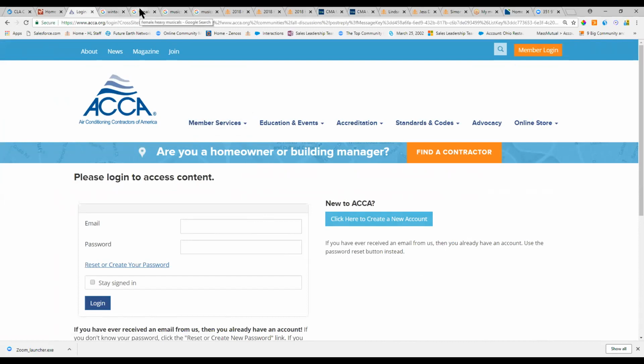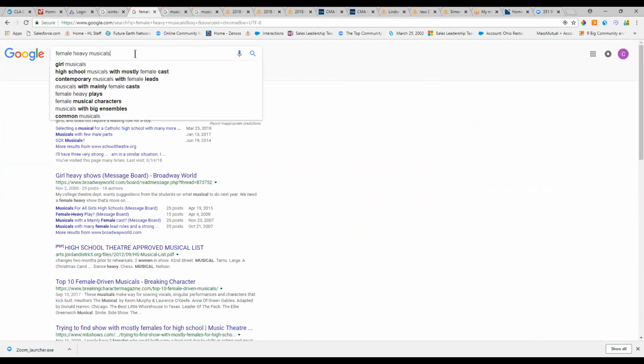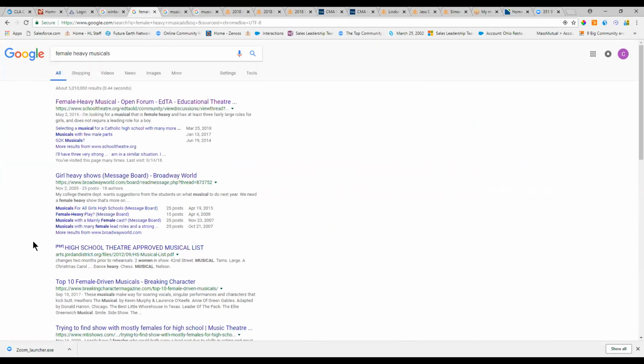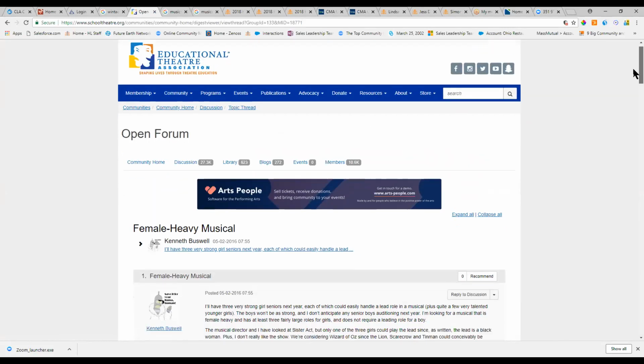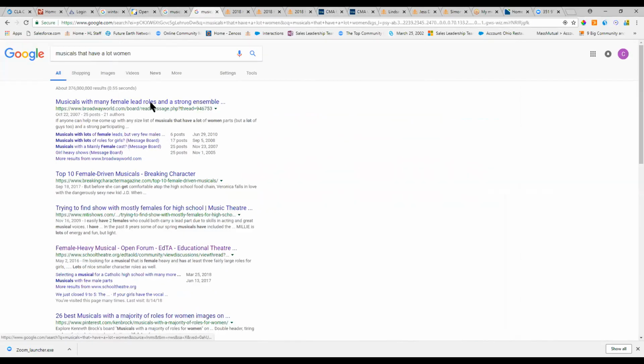Another good example I like to show here is a client of ours in the educational space, the Theater Association of Educators in Theater. And you'll see here, female-heavy musicals, musicals that feature females, or musicals that have a lot of women. All of those are three completely different, unique searches. You'll notice that our community is, I think, the first through third hit organically on a Google search, because they're using it in a similar fashion.